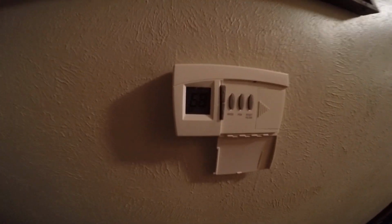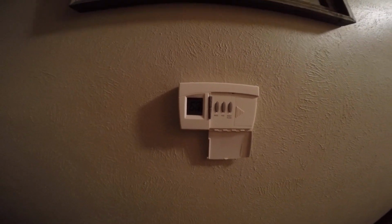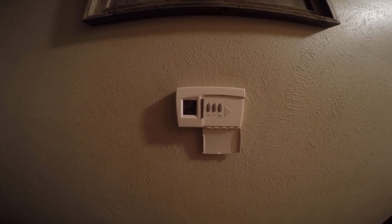Okay, folks and gents, it is 68 degrees inside the house. We're doing an MSR ice cube review, seeing how fast it'll melt the ice, since a lot of people have gone away from the reactor stove,